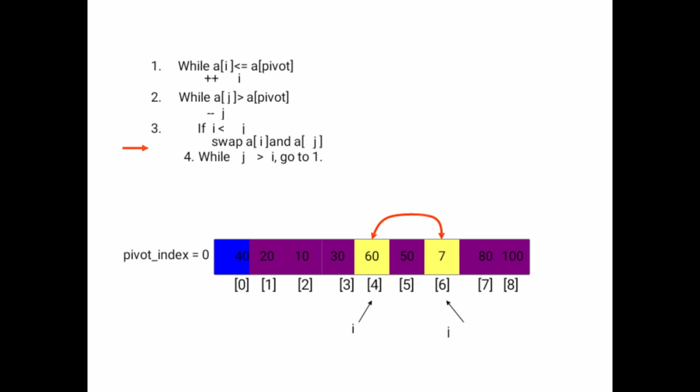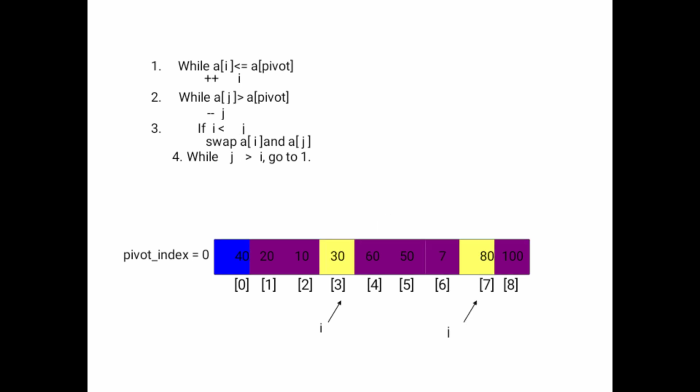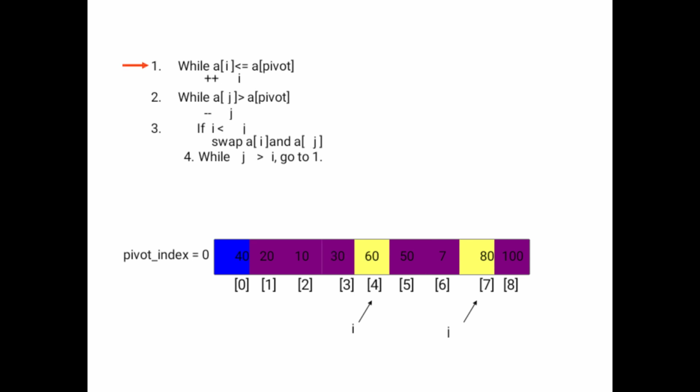Now you can see here this condition also fails, so you are interchanging the values of A of i and A of j. Because i is less than j, you are interchanging the values of A of i and A of j. This process continues till the array is partitioned into two parts such that the elements towards the left of the key element are less than the key element, and elements towards the right of the key element are greater than the key element. You can go through it step by step here. The elements are interchanged.